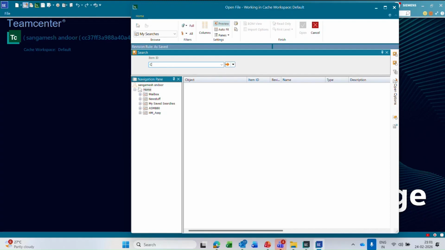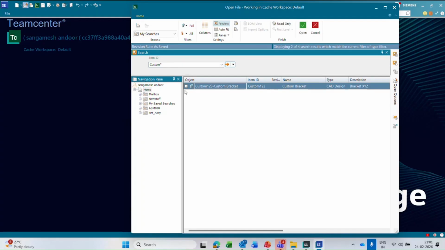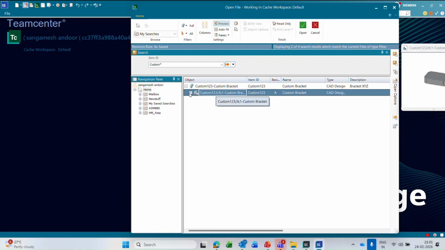By providing the name. So I can use the ASCII based searches also, like say I can use the custom and put the star as a character here in case I don't know the full item ID. Here it provides that same file, and you can see when you expand the CAD design revision,